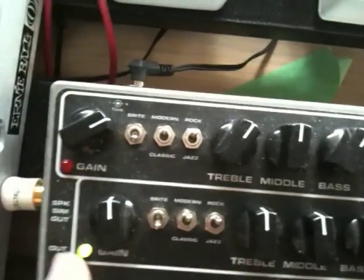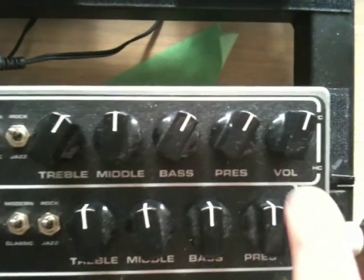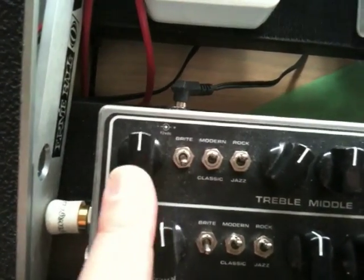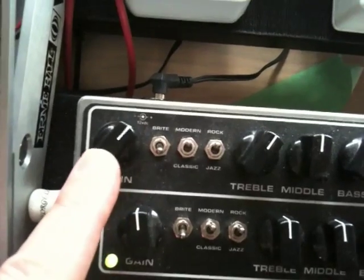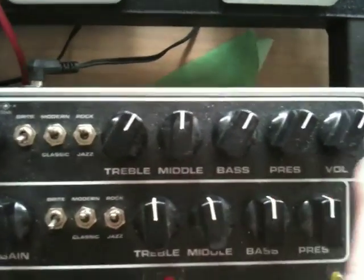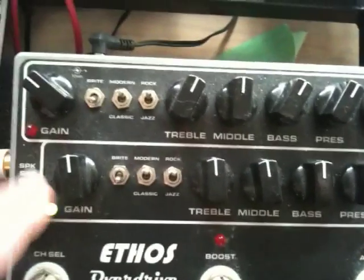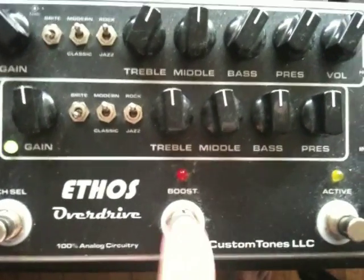Okay, the distortion channel, or the overdrive channel. So again, all the same layout that we have in the bottom channel, with the addition of a volume control on the far right. So that is essentially your master volume, whereas this gain is actually feeding the gain into the overdrive stage. So obviously you turn it up, you get more overdrive. Simple. All the other switches and controls are the same as the previous channel. So that's two sounds. We've got a clean sound, we've got a dirty sound, and then finally we've got the